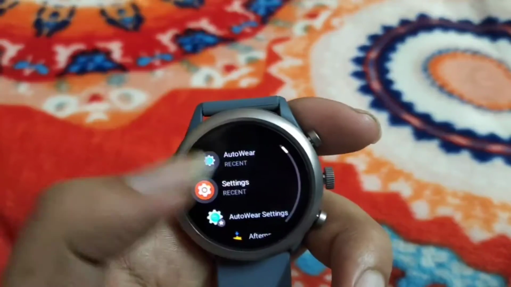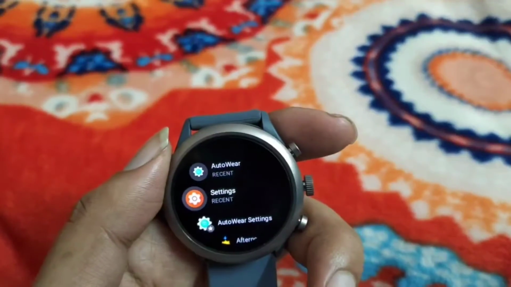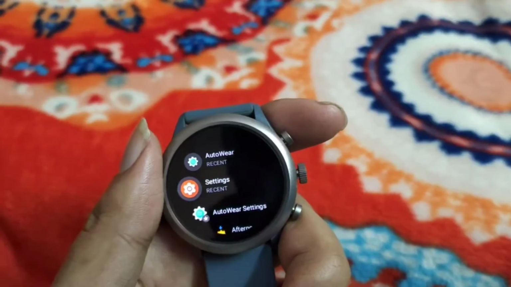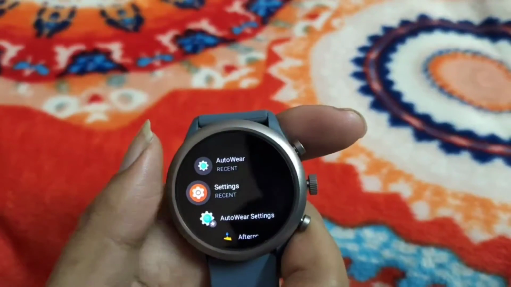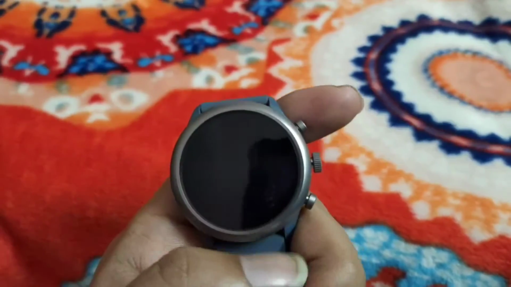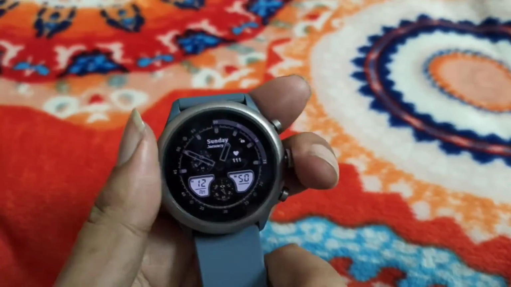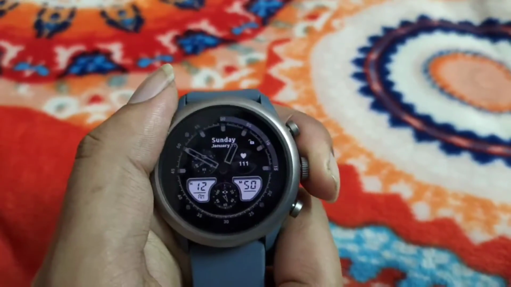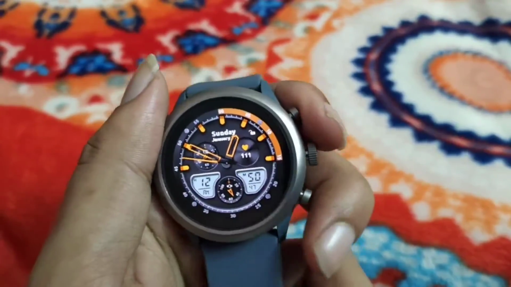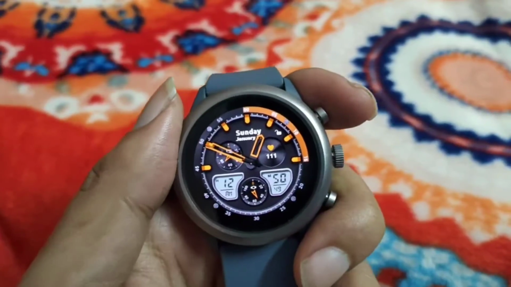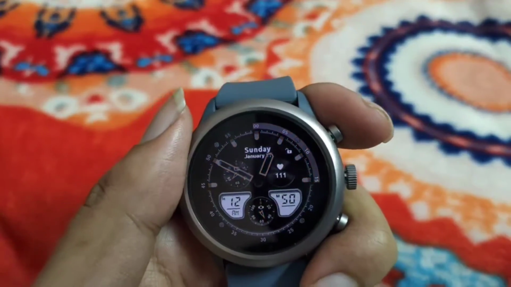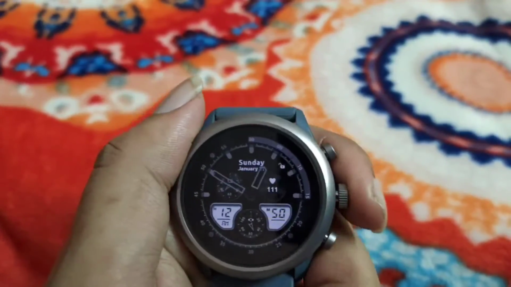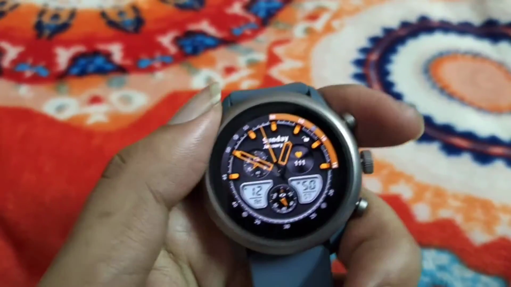And the one thing you need to know is even the AutoWear developer doesn't know for sure whether it will work with Fossil watches or not, because he doesn't have any hardware with him. I tried to call him and ask him. He said that it should be possible, but he's not sure. So now I'm saying that yes, it's possible.